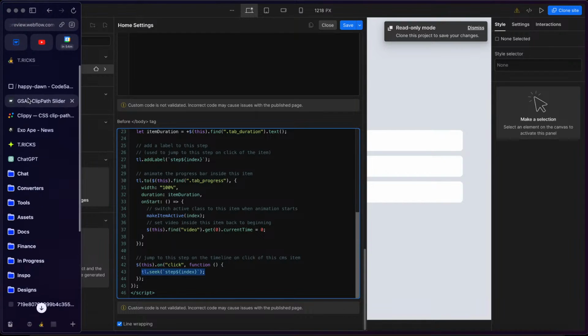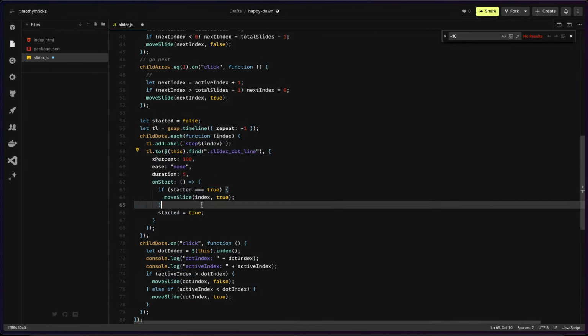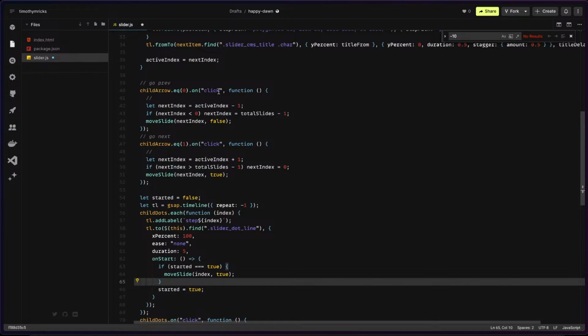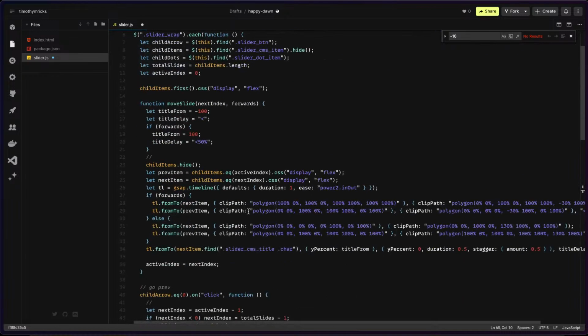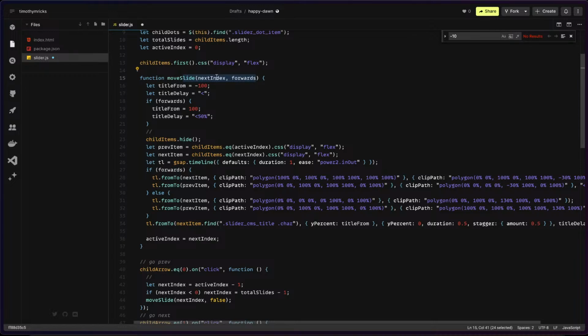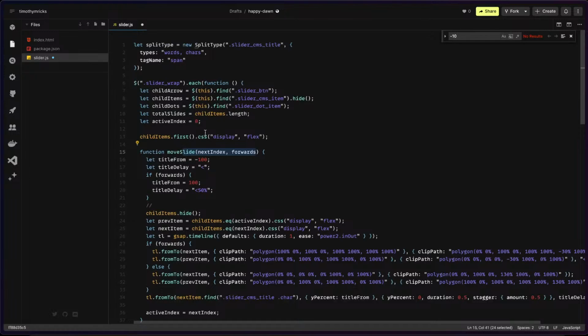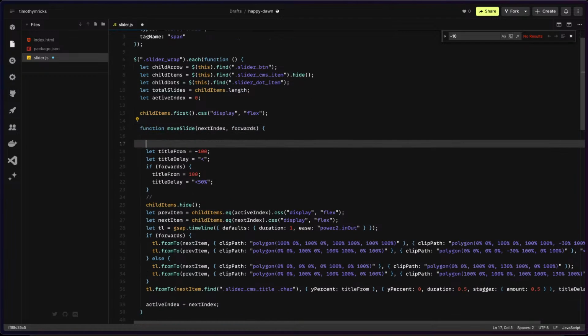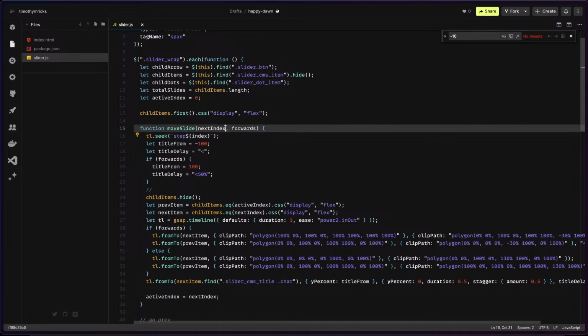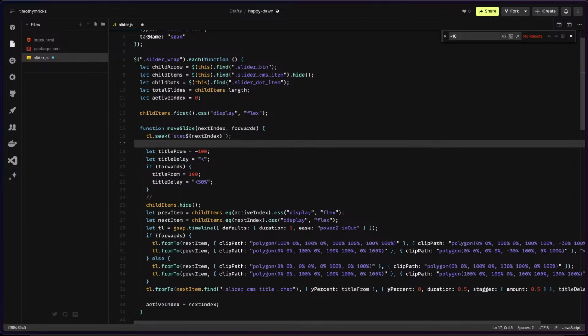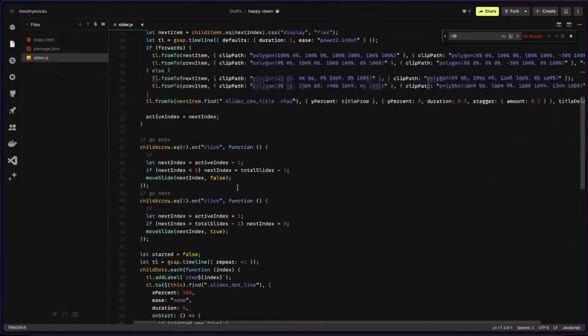So what I would do is, let's see, I'd probably run this in here. That way, no matter if we're clicking on the next, previous arrows, or directly on the dots themselves, no matter what we're clicking, we're always going to update that progress bar timeline to match the currently active slide. So to do that, we have the next index, which is the one we're going towards, and we'll just throw that in there. So we'll seek our timeline to whichever slide we're moving towards, so it stays connected with the